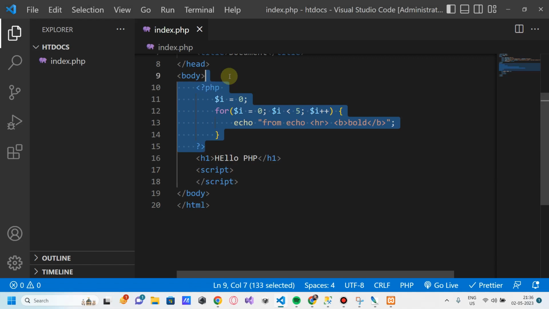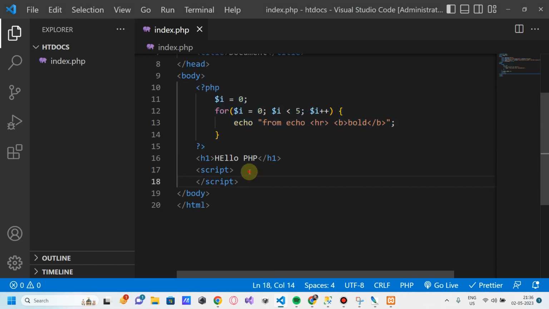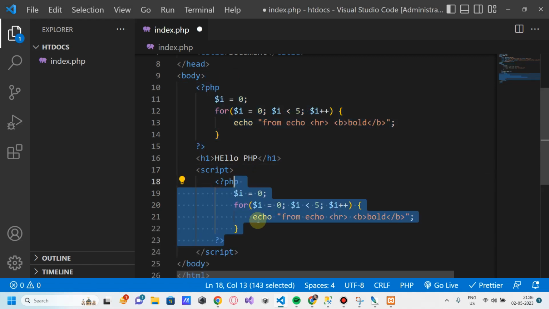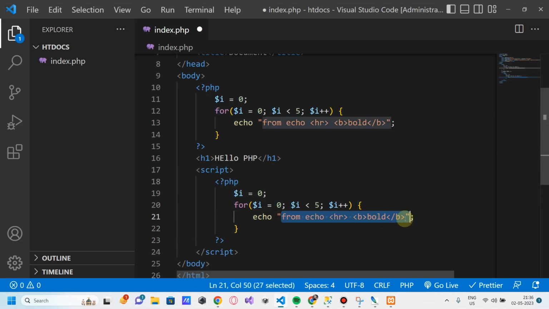नाउ यू कैन रिपीट दिस एनीवेयर, यू कैन आल्सो राइट हियर, ठीक है। From here you can also output JavaScript code. Okay, I can say console.log hello world, ठीक है।